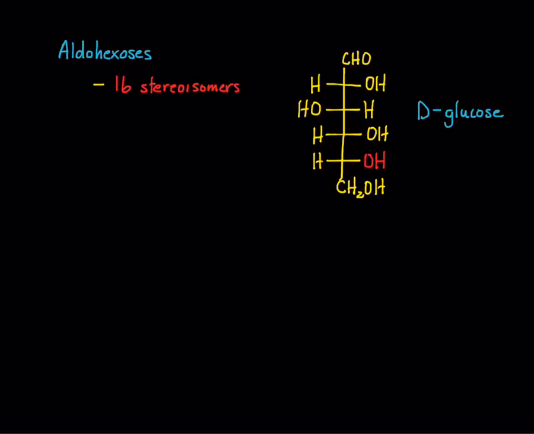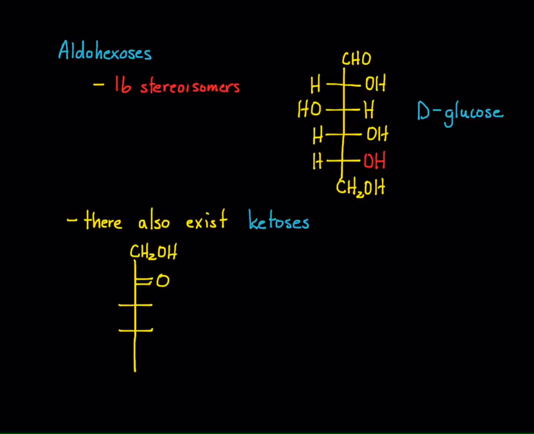Now we've talked about the aldoses. They're called aldoses: aldotriose, aldotetrose, aldopentose, aldohexoses. There also exist ketoses, so not aldoses but ketoses, which, as the name implies, have a ketone instead of an aldehyde. And the most famous ketose has a structure that looks like this, where notice if you count the carbons 1, 2, 3, 4, 5, 6. So this is a ketohexose,